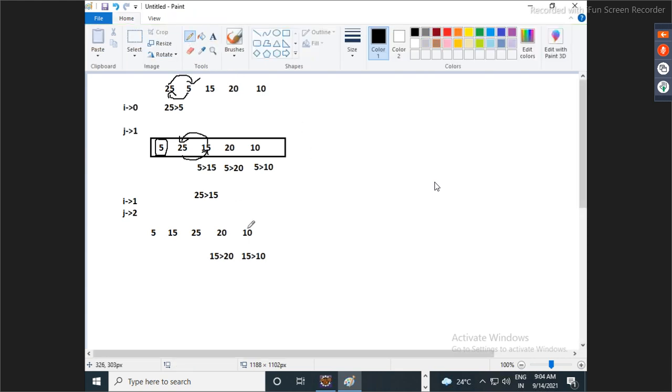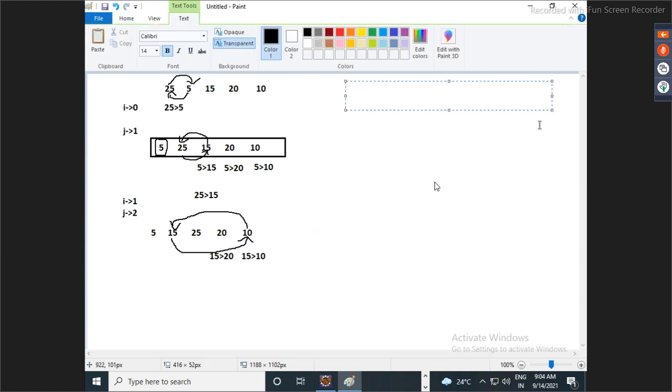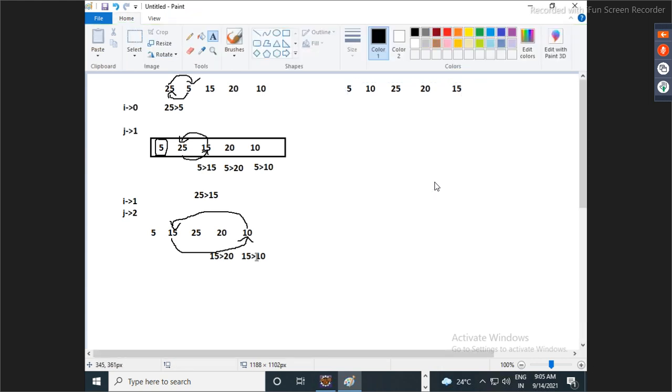So now again 10 comes here, 15 goes here. Is everyone clear? So what is the new array now? New array is 5, 10, 25, 20, 15. Is everyone clear? Now guys, the second iteration is finished. Can I say 2 numbers got final now?